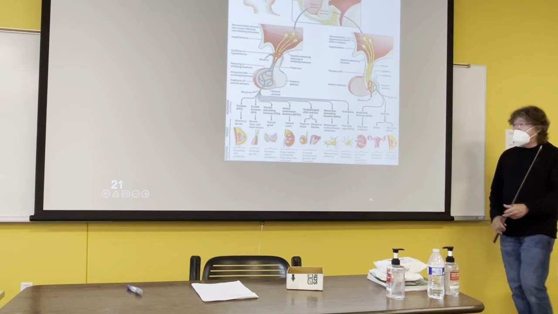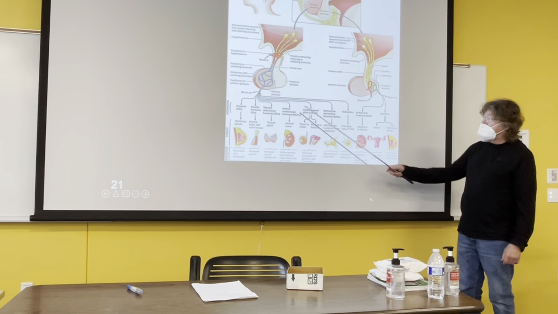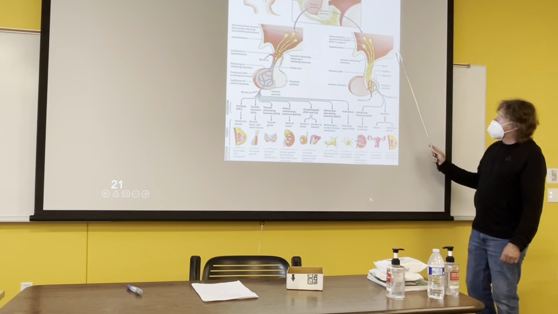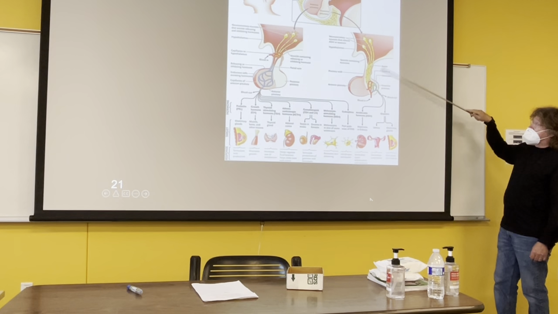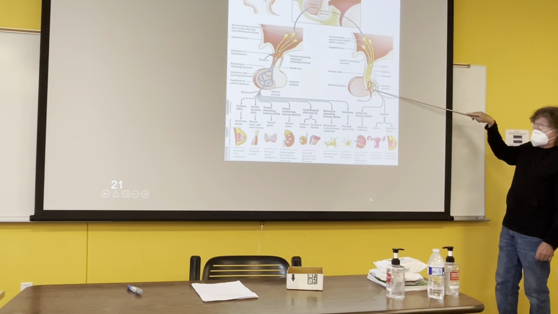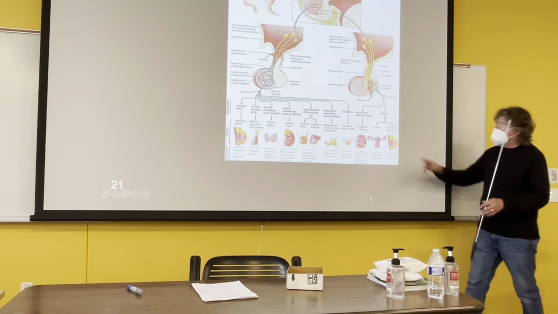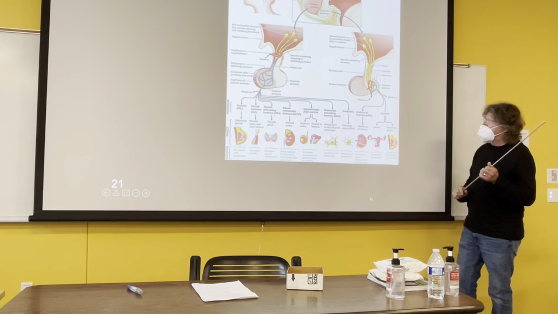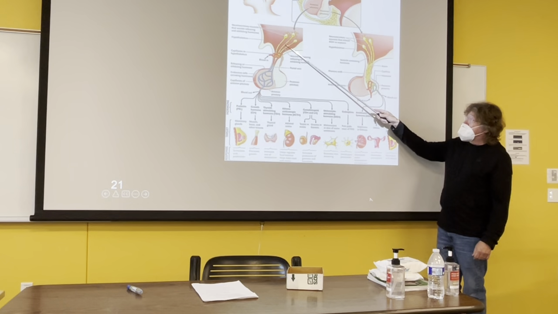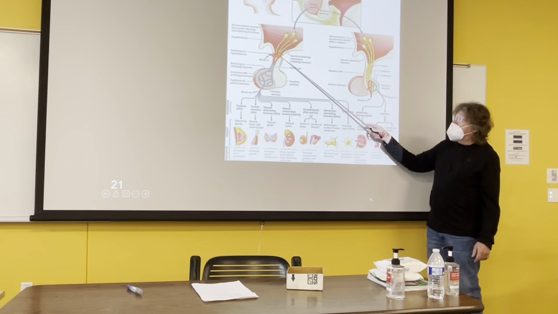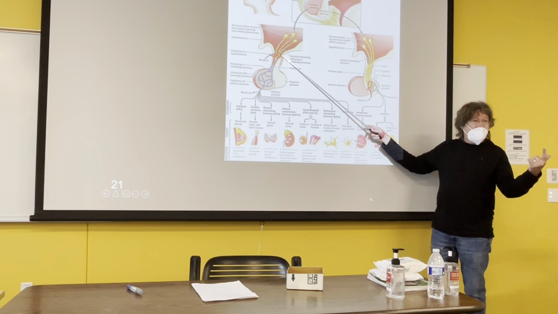Okay, so this is just showing all of the hormones and their targets. We're not going to talk about them all, but this is the hypothalamus, drawing of the hypothalamus, showing posterior pituitary. And as I said before, there are neurosecretory cells whose axons go all the way down into posterior pituitary, and they release the hormones from the axons. On the other hand, with the anterior pituitary, these neurosecretory cells do not get out of the hypothalamus. And what we have here is a capillary bed.